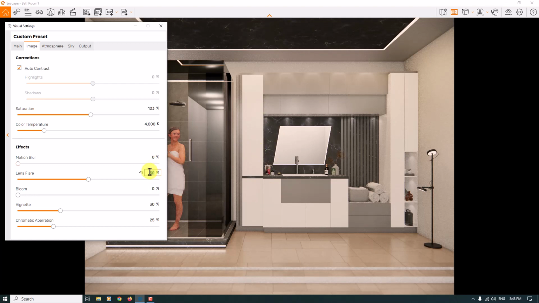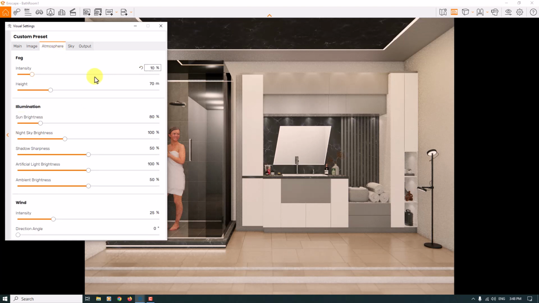the past. The lens flare helps you to create different types of things in your environment. But I prefer to use it in lower numbers like 28%. The vignette is not really useful, so I'm going to reduce it. And chromatic aberration, not useful at all. At the atmosphere box, I can use the fog option for my interior blurs, but it's not really special right